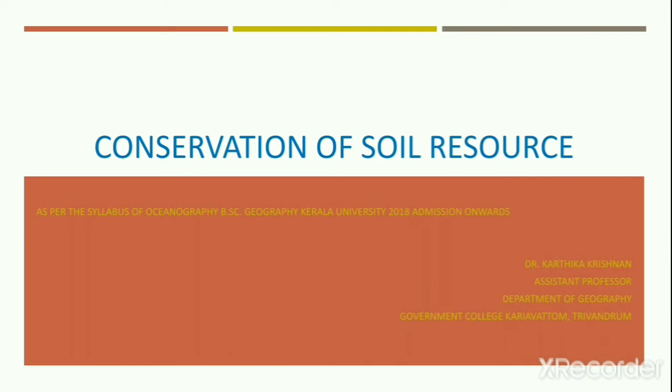Soil is a living system. It is a medium that supports all living organisms, including we humans. So, in today's Resource Geography, we are going to look into soil as a resource, the ways it is getting affected due to various anthropogenic and natural processes, and the ways to conserve it.